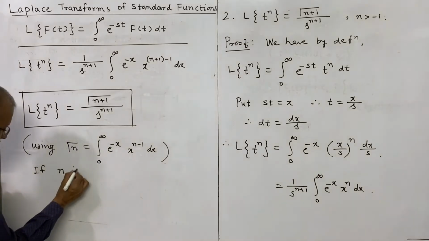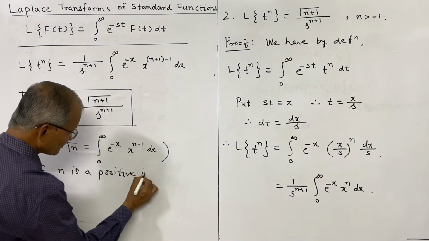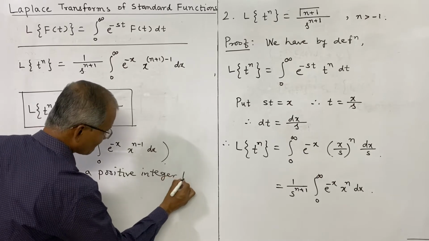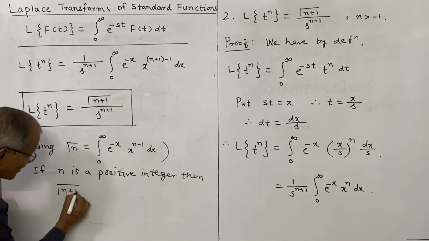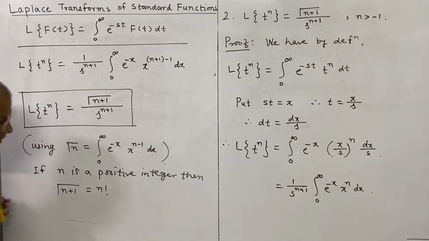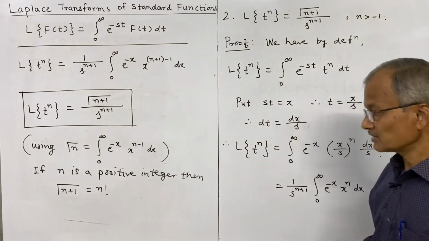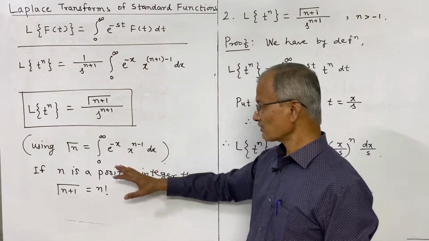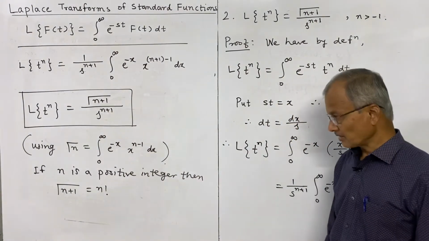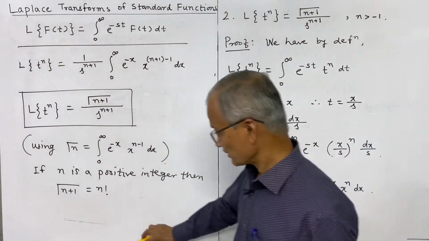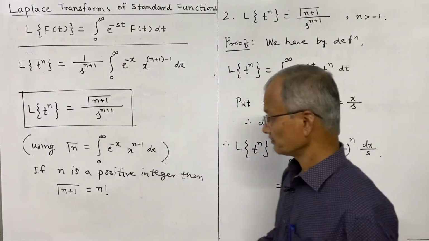If n is a positive integer, then gamma of n plus 1 is the same as n factorial. If n is a positive integer, then gamma of n plus 1 is equal to n factorial. So this part we have studied in the beta and gamma function chapter, and therefore in this case, if n is a positive integer, then this formula becomes